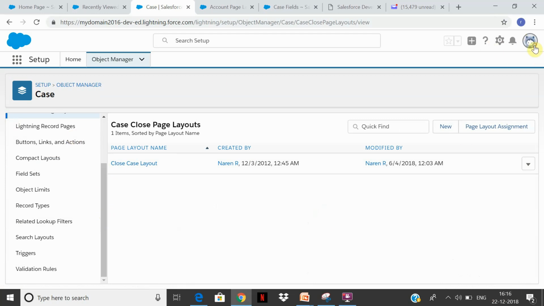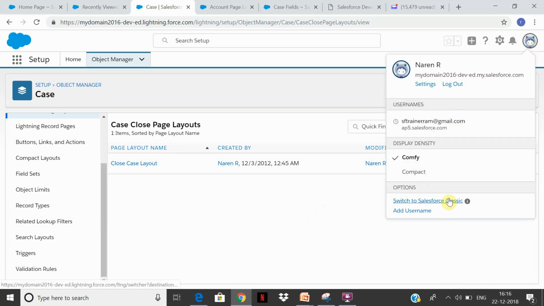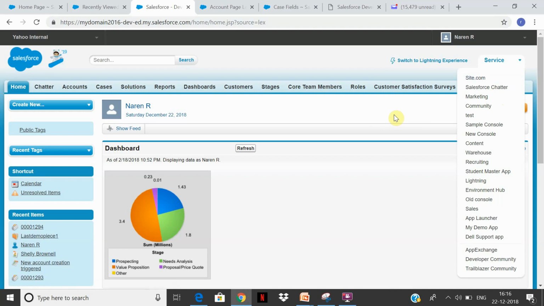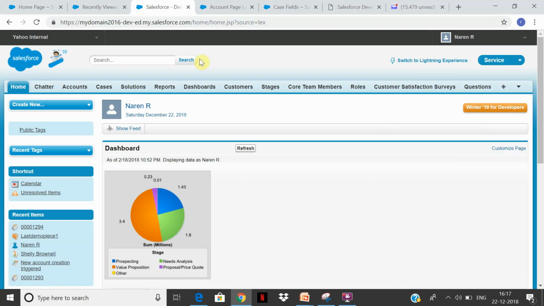So let's come back to Classic. Classic we will understand first, which will help you understand the Salesforce application better. So you have an app, like the service app, sales app. So you have some apps which Salesforce gives you out of the box. Salesforce will give you these with the license. It will give you these objects, but some of the objects you will have to create. Objects which are available out of the box, like accounts and cases, are called standard objects. The objects that you have to create are called custom objects.